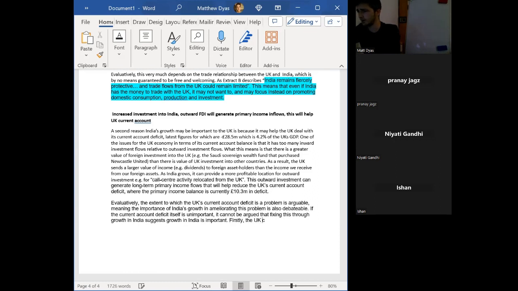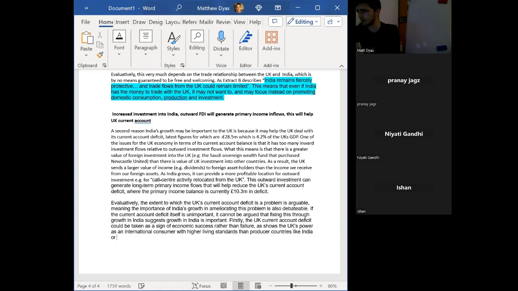Firstly, the UK current account deficit could be taken as a sign of economic success rather than failure. I love this point, gonna be honest. As it shows the UK's power as an international consumer with higher living standards than producer countries